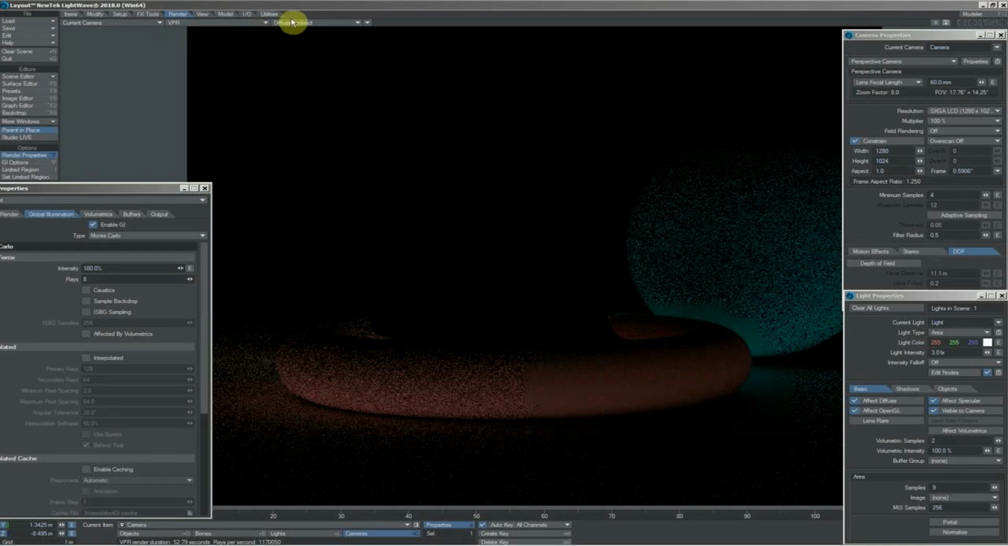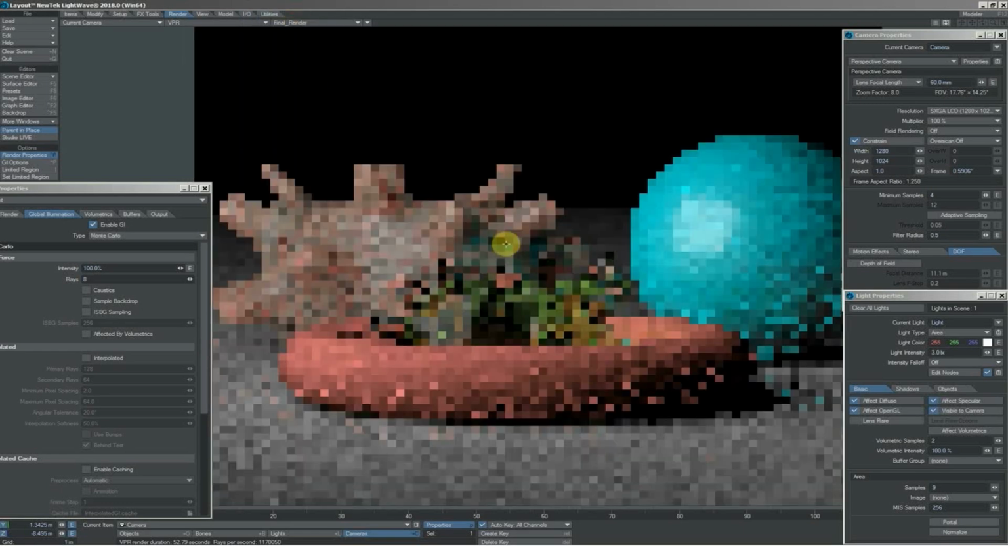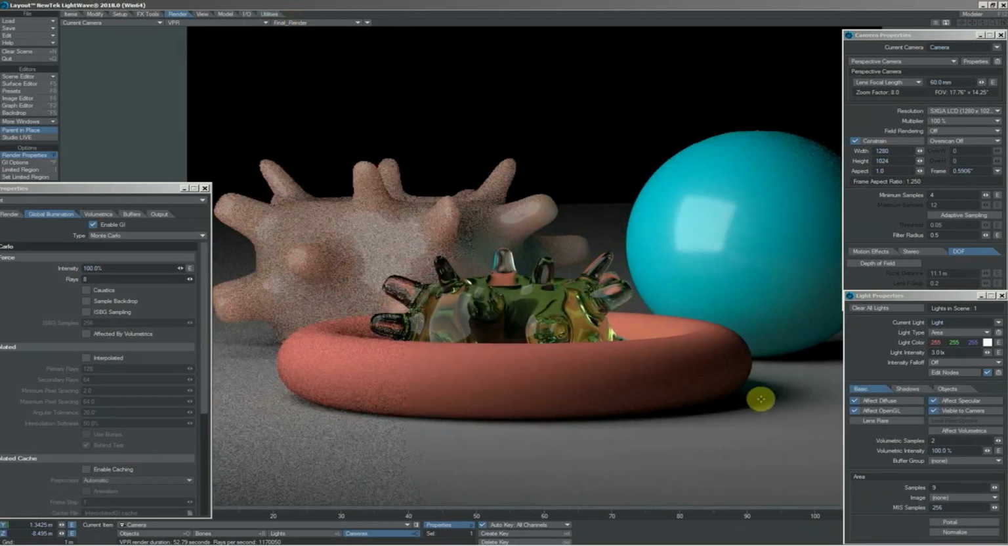So we'll jump back to our final render, and we'll just let that render up, and we can see that that's starting to look pretty nice. Right, the last thing then to take care of to optimize our whole thing is to look back at the